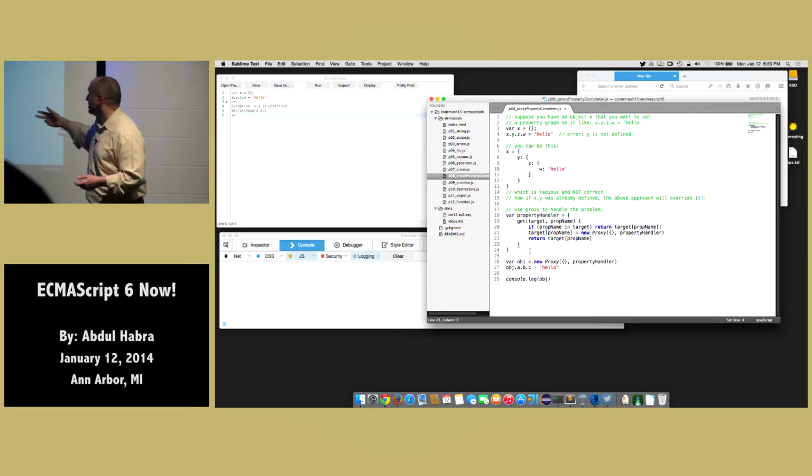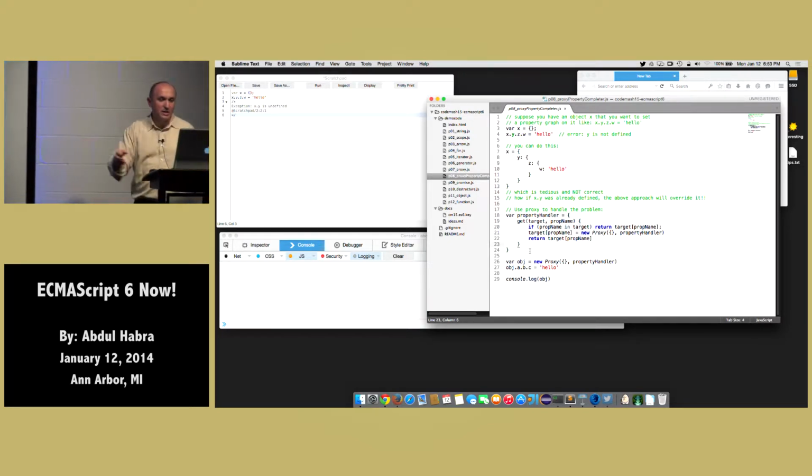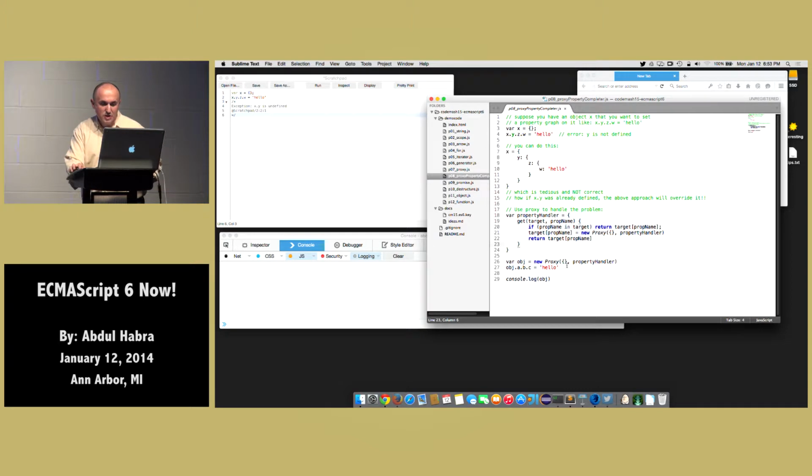And it does that for each access member. So here I say var object equal a new proxy on an empty object with this property handler. And then I say